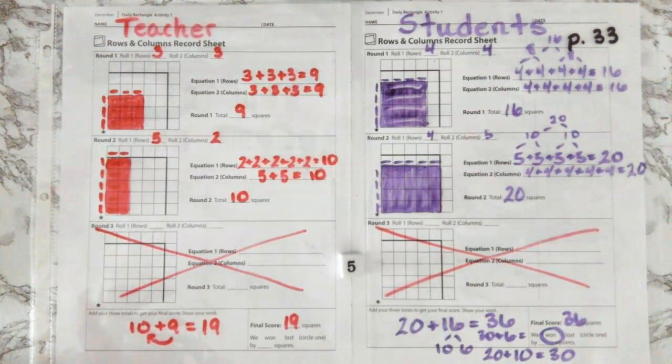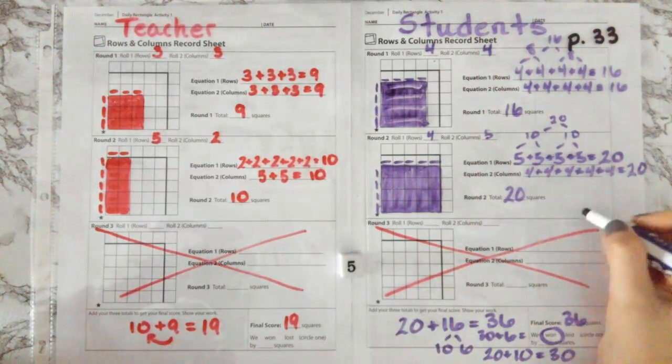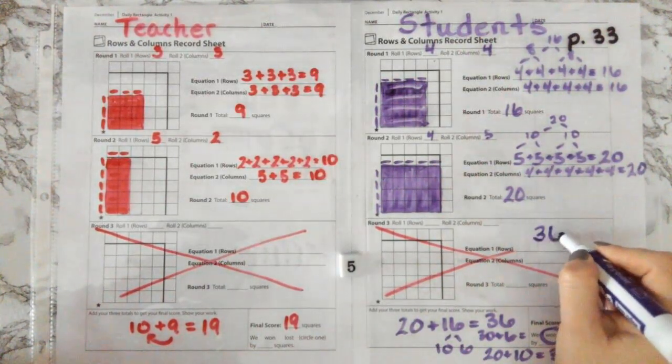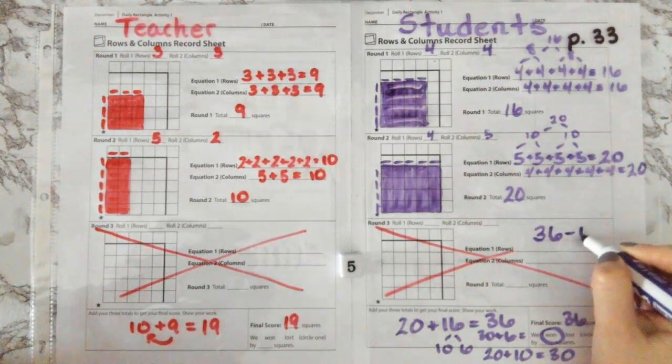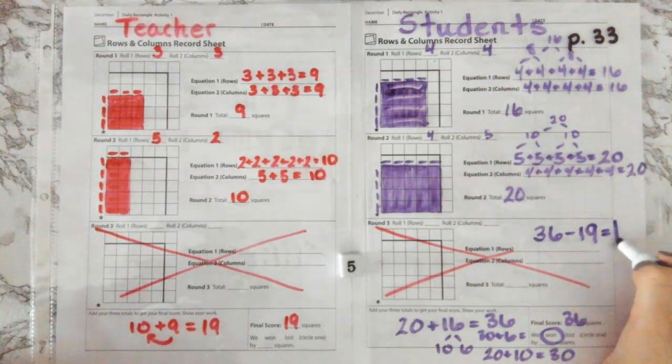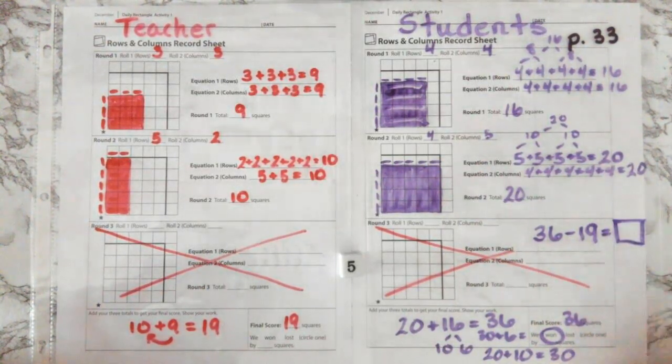If you were thinking 36, I'm going to write it right up here. 36 minus 19. We want to find the difference between our scores. What does it equal? Well, that's going to be your job in Seesaw to find out how much you won by. Think of the strategies you have to solve that equation, to see how much you won by, and show your teacher the